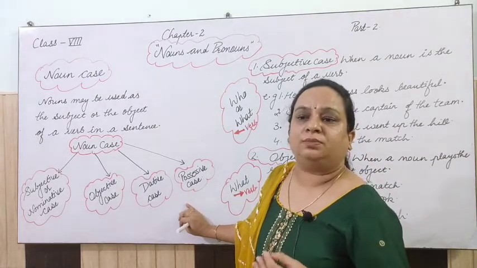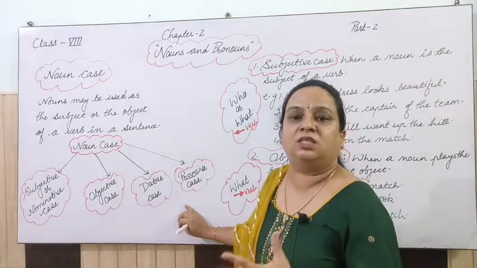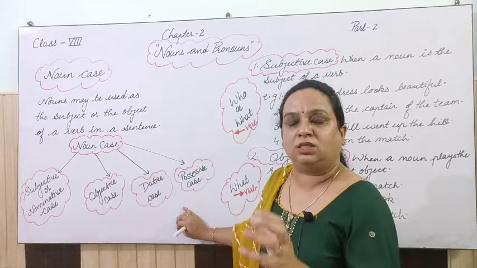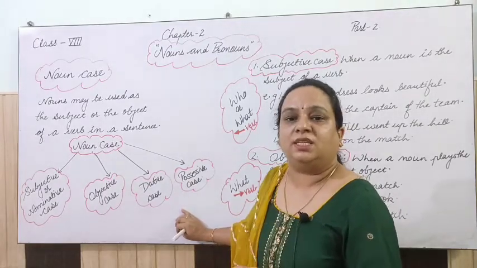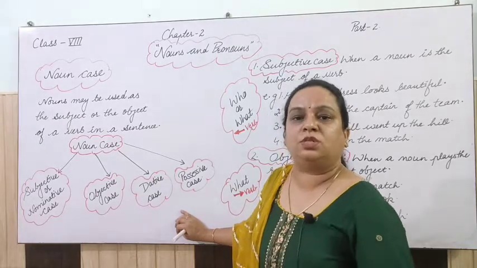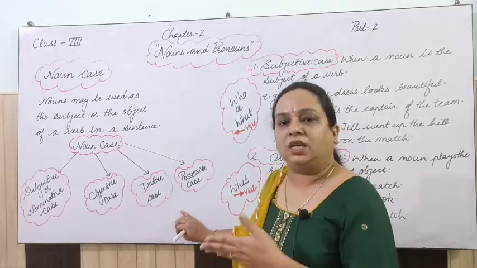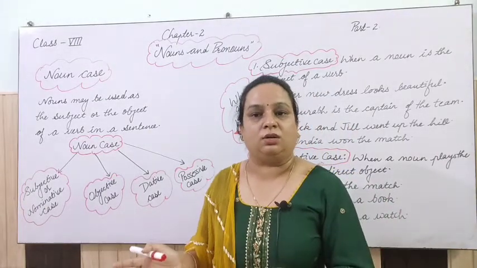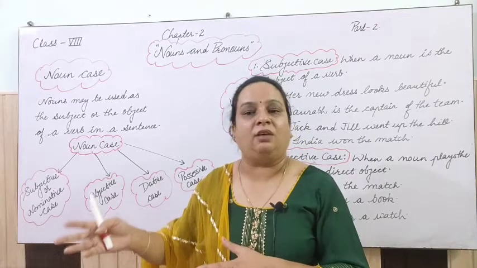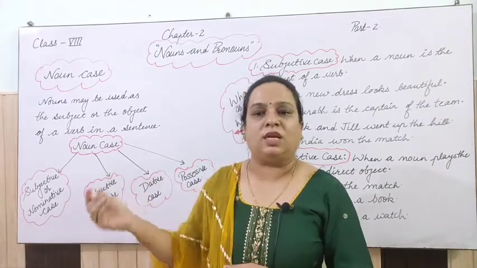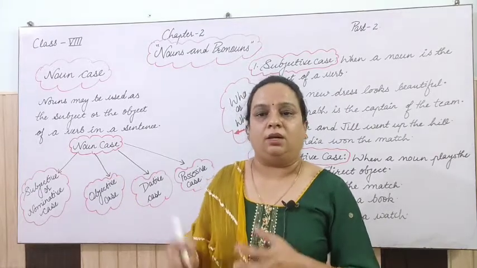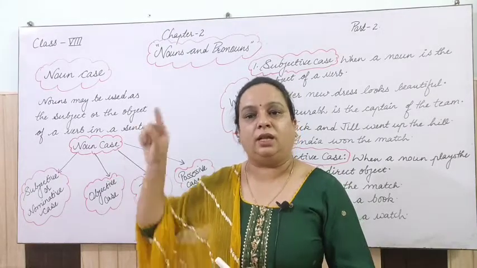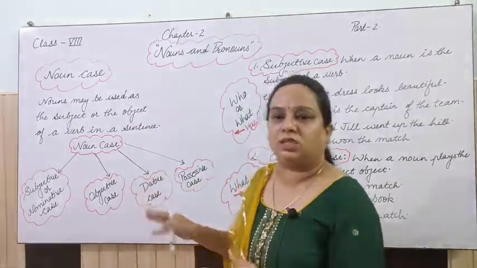Like suppose this is Radha's chair. So it is what? Whose chair is it? That noun that shows ownership, possession. And generally in your syllabus that is given with the apostrophe s, like Radha's chair, right? Einstein's life, my friend's car. So friend, and then apostrophe s, that is what? Possessive case in the sentence.